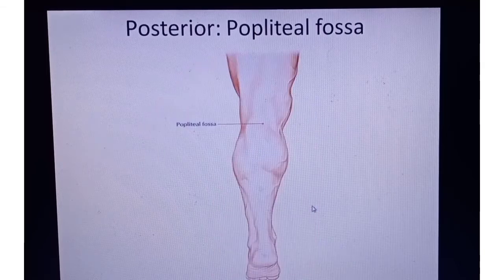Then next comes your posterior. See this area, it's a little bit triangular here. If you see clearly, his muscles are very good, so we can see it clearly. This triangular area is known as the popliteal fossa, and you can clearly see that this is the back of the leg. See, you can see the calcaneum. Calcaneum is also present at the back. So the popliteal fossa is present on the posterior of the knee joint. That is what we studied in the example, right?